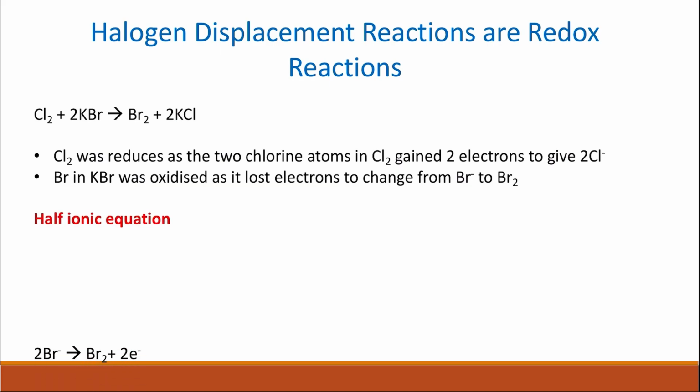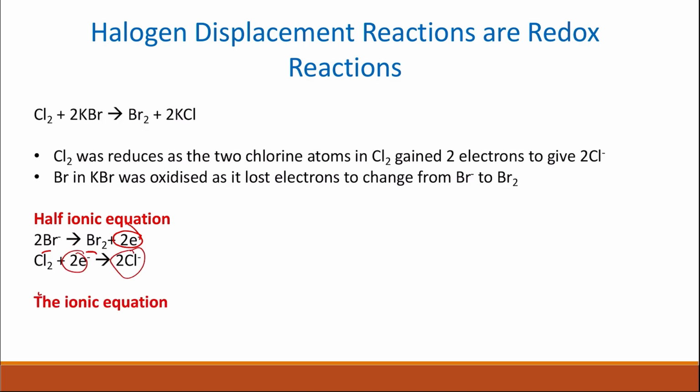So the half ionic equation for the oxidation of bromide: 2 bromide gives you bromine and 2 electrons. And then chlorine is reduced, where chlorine gains 2 electrons to give you 2 chloride. And then the ionic equation can be written as chlorine plus 2 bromide gives you 2 chloride and bromine. Remember that potassium is